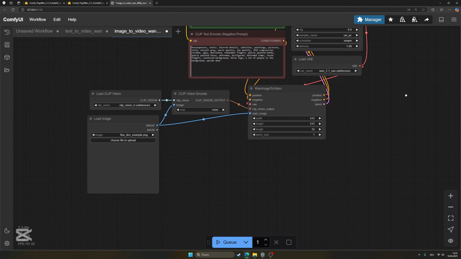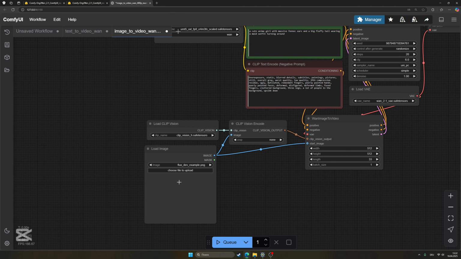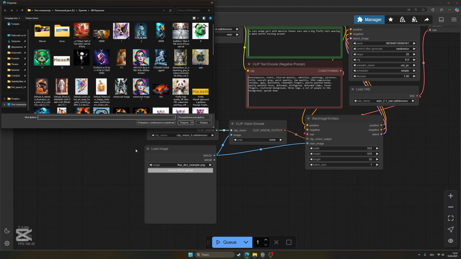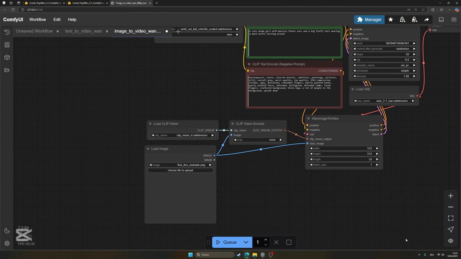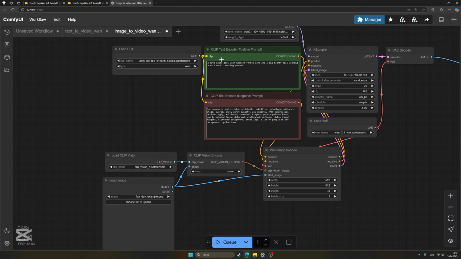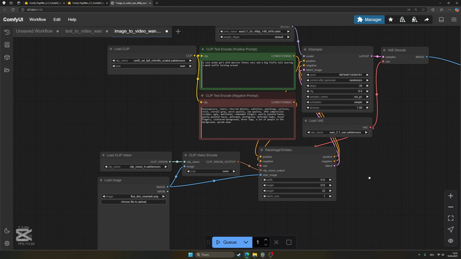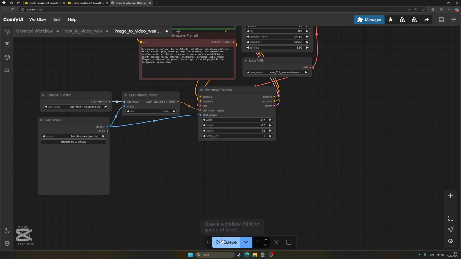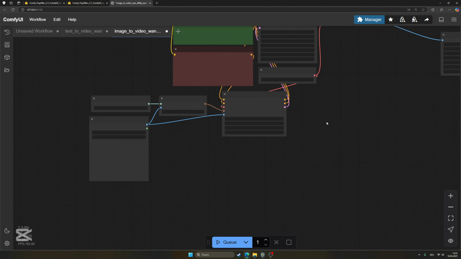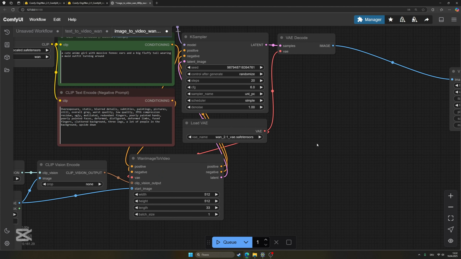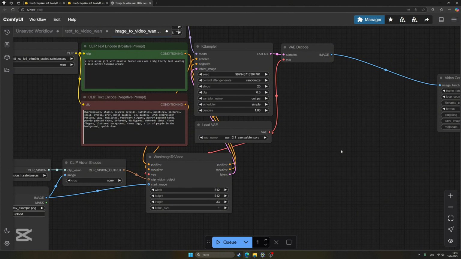In principle, the same workflow, except for this node. Here you choose an image, click and select the one you want. Or you can also drag and drop it here. Write a prompt, write a negative prompt. I basically leave it on automatic. Click, you generate and wait. That's basically it. The simplest way to install WAN on your computer and generate short videos for your shorts, for